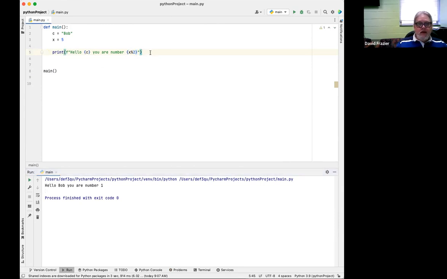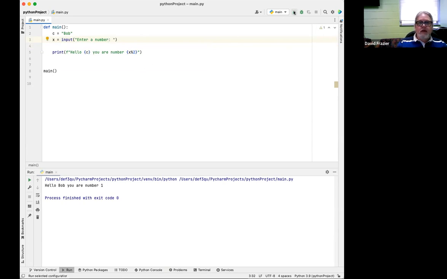The only other thing for this video is to allow the user to do an input. If you've done earlier versions of Python, there used to be an input which tries to do a type conversion, and a raw input which sends it directly to a string. In Python 3, which is what we're in, we don't have that issue. Instead we just do an input. So we can say x is equal to input, and then you put the prompt right in here. Enter a number. Go ahead and put a colon and a space there.